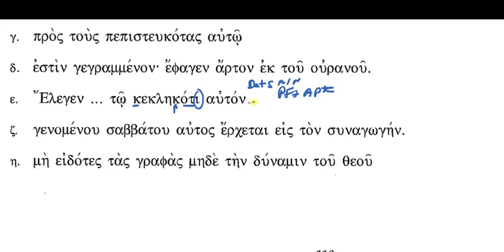We don't have enough context to know for sure, right? If it's a man, masculine, could be the word for child, which is neuter. So we don't know for sure, but let's assume it's masculine for the time being. Is there a dative singular masculine noun that this participle accompanies and agrees with? No. So look at the article in front of the participle. Is this an adverbial or an adjectival one? It's adjectival, right? Adverbials never take the article. So it's adjectival, but there's no noun. So it can't be attributive. It must be